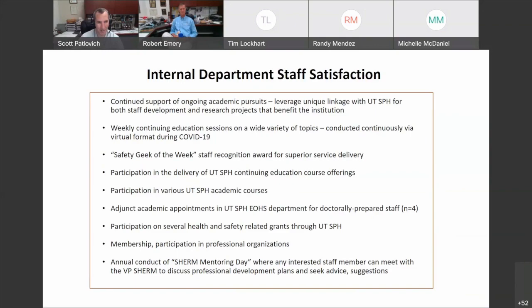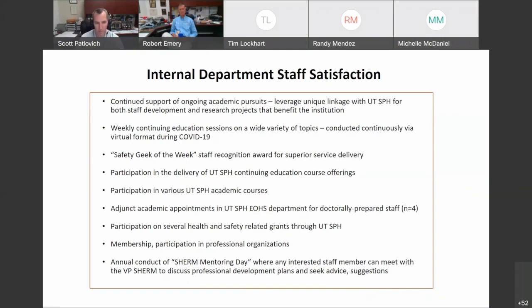We actually created a neat Safety Geek of the Week staff recognition program for somebody who's gone above and beyond the call of duty during the particular week. It's kind of a democratic process where we pick a Safety Geek for the week. They get the little trophy that we've made. And over the course of time, that thing has turned out to look a little bit like the Stanley Cup, because everybody who wins the Safety Geek of the Week has to add something onto it. So a lot of our folks participate in continuing education courses, things like the EH&S Academy. We also have a biosafety officer course, radiation safety officer course, a CHMM prep course, et cetera, that we teach.